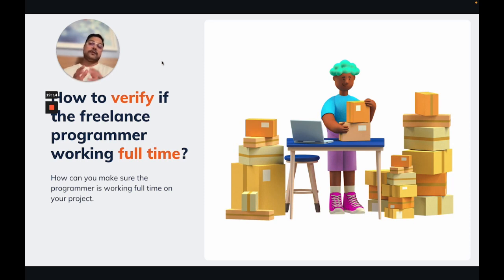You will get to know whether whatever the programmer is committing is being delivered at the end of the week or not, and then with the percentage of the variance you will understand. For example, for 5 user stories, the story points were 25, and at the end of the week, out of 5 user stories, the programmer delivered 4. So basically delivered, I don't know, 21 story points. So 4 story points were not delivered. Within 5 weeks of time, you will get to know the variance. If the variance is more than 30%, you will get to know that the programmer is not working full time